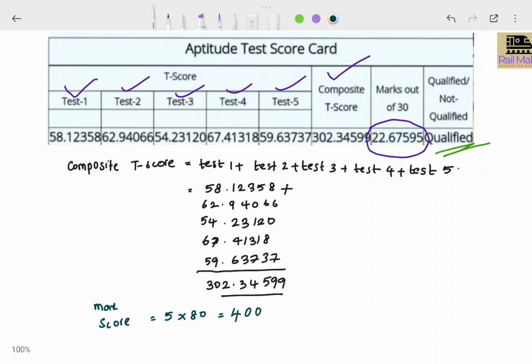Also, I have mentioned in our introduction class that for the preparation of the final merit list, 30% weightage will be given for the marks obtained in the psychometric test and 70% weightage will be given for marks obtained in Part A of CBT 2. So, considering this example, the T-score of this candidate out of 30 is